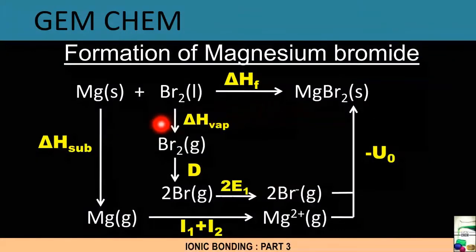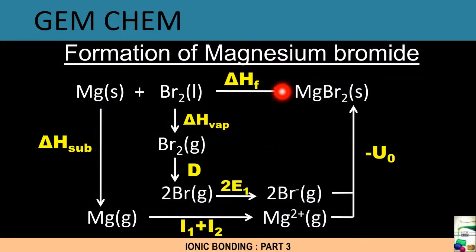Now, formation of magnesium bromide: this is a formation reaction. Magnesium solid plus bromine liquid forms magnesium bromide, which is solid. Magnesium needs to go to the gaseous state first by sublimation, and then it should lose 2 electrons to go to Mg2+. Then bromine, which is present in liquid, must vaporize to give bromine in gaseous